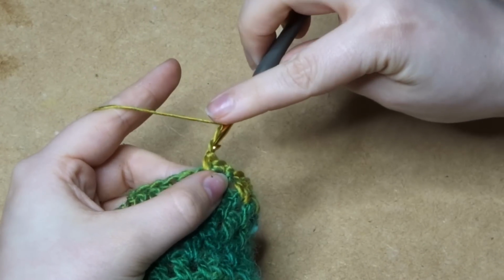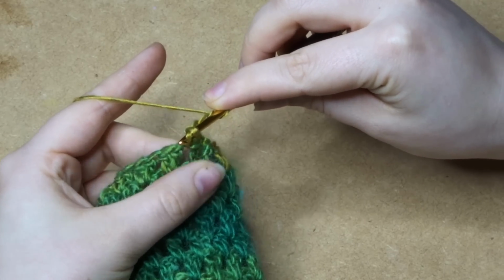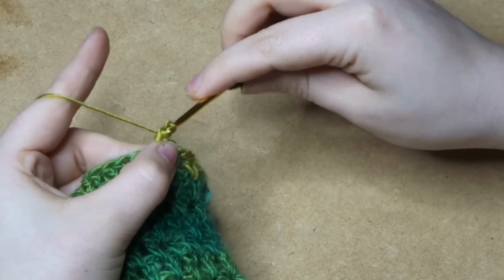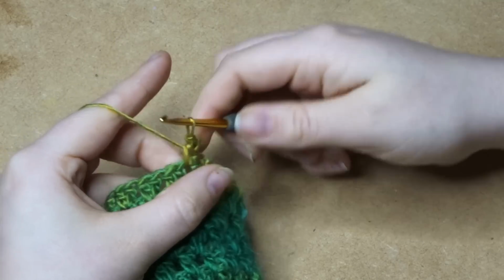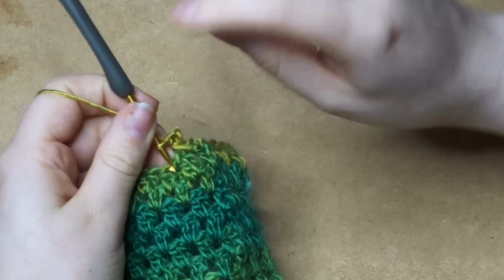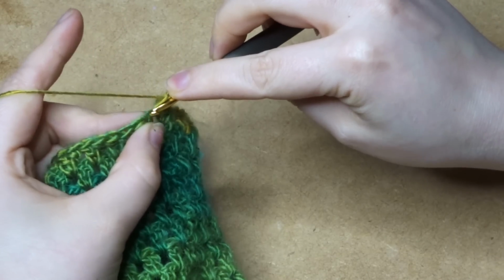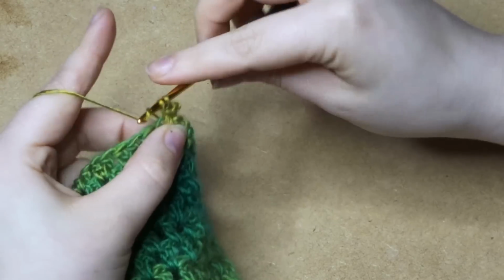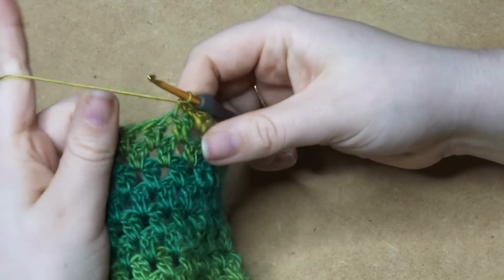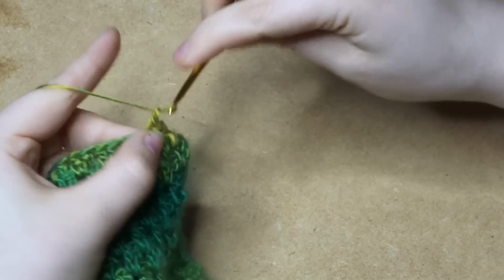Now in this little bit down here, you can see that there's 2 loops that I can pick up. In these 2 loops, you're going to slip stitch. So grab your yarn and slip stitch. And that actually makes the little peacock thing. Then the next 2 stitches, the actual stitches at the top, you're going to do a single crochet, and then a single crochet in the next one along, and then in the gap, like you did before, a single crochet, chain 3,